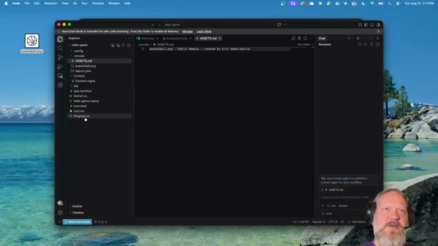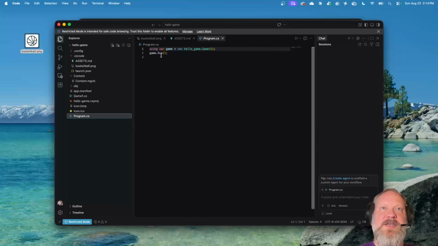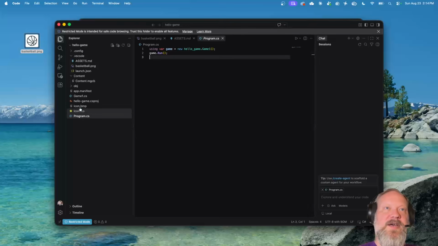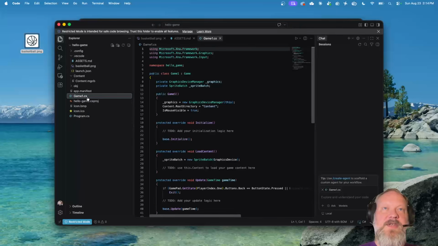Okay, so let's go ahead and get into the actual code itself. So let's see what's going on here and what this does. So you can see we have kind of the C# scripting style. This is our entry point, Program.cs, and it's constructing a HelloGame.Game1, which is an instance of this class, and then it immediately calls its Run, and then that's really all that does. If we come into Game1,